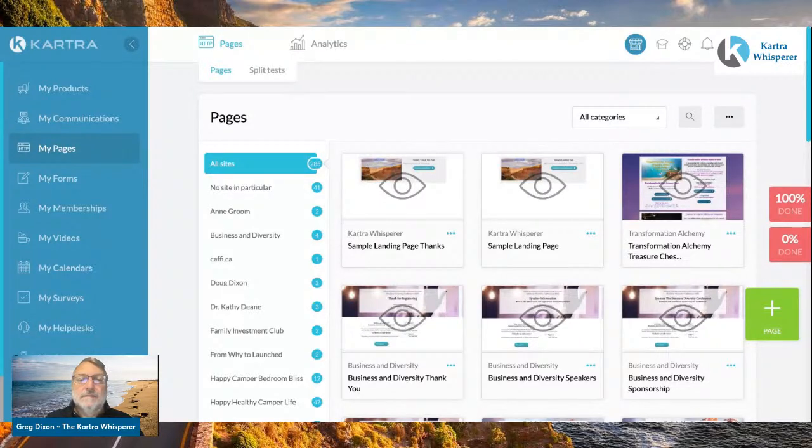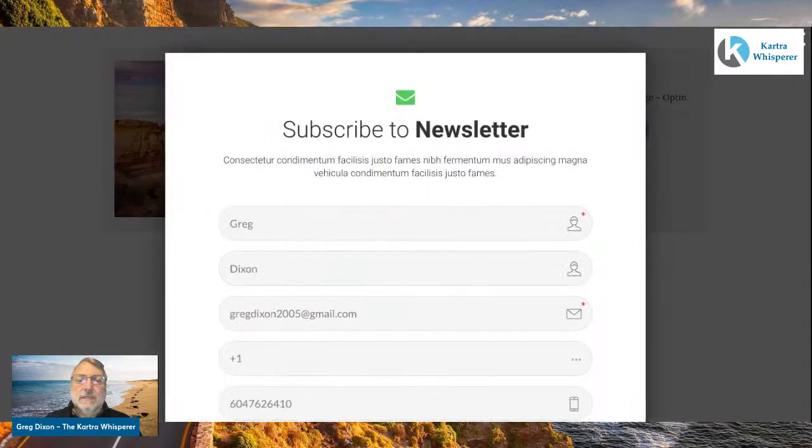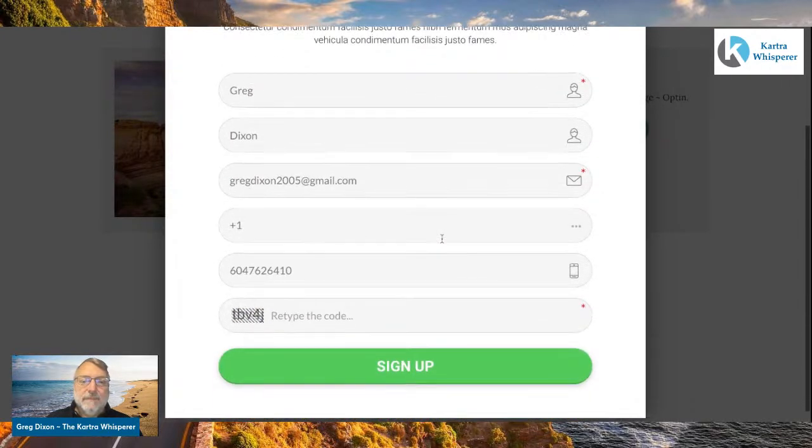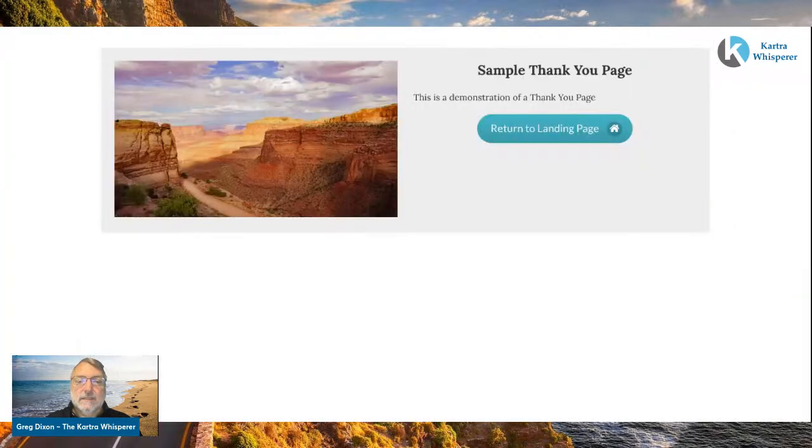Okay. And to share the tab, I probably should have showed you how to make this a little bit fancier than it is, but we're just showing the sequence. So right now, if we subscribe to the sample sequence, it pops up this little form, and we have to retype the code. This is random, and ta-da! And voila, we're back at the landing page. And then you click on the button and you go back. So I could go and test this a few times,